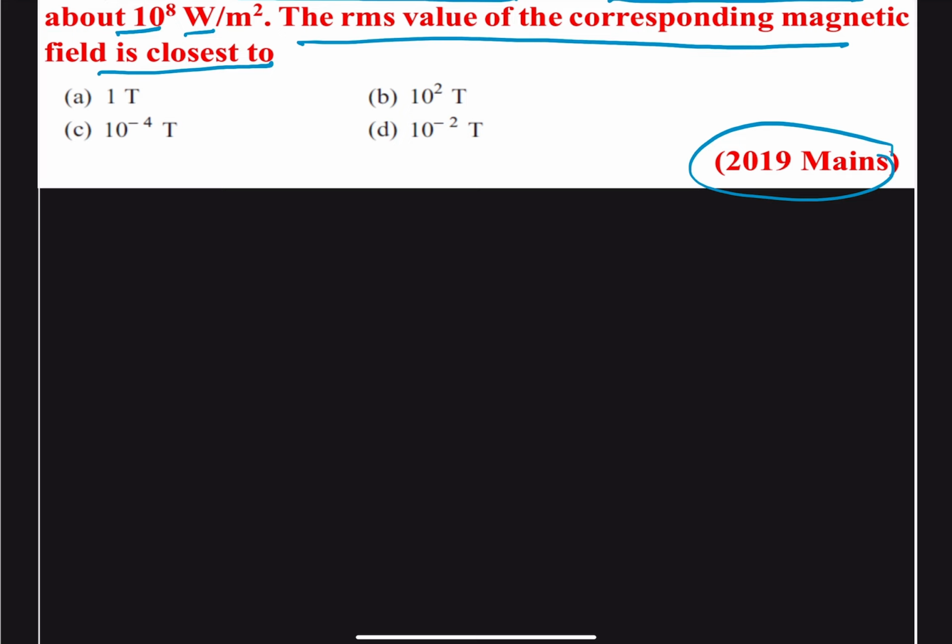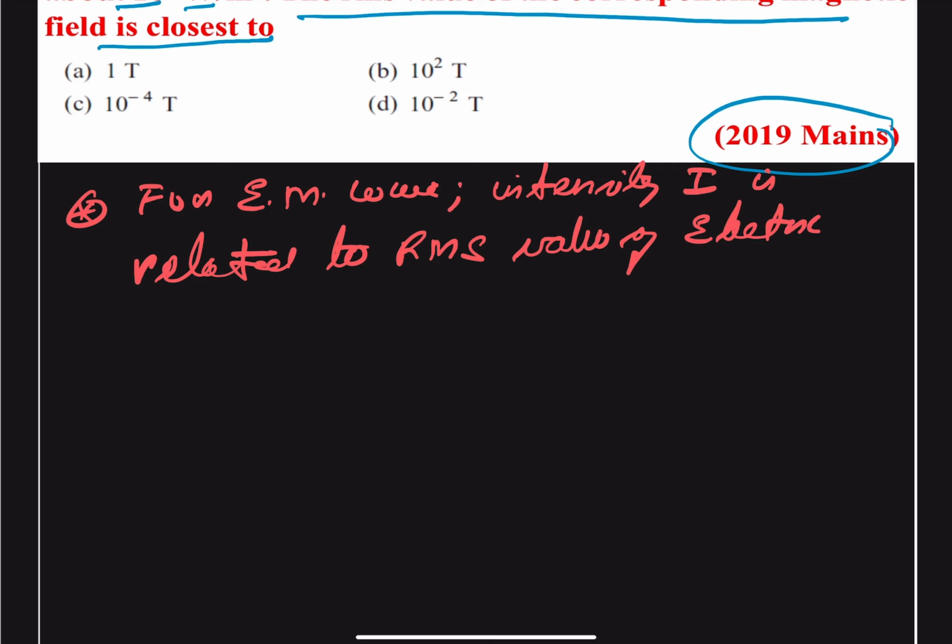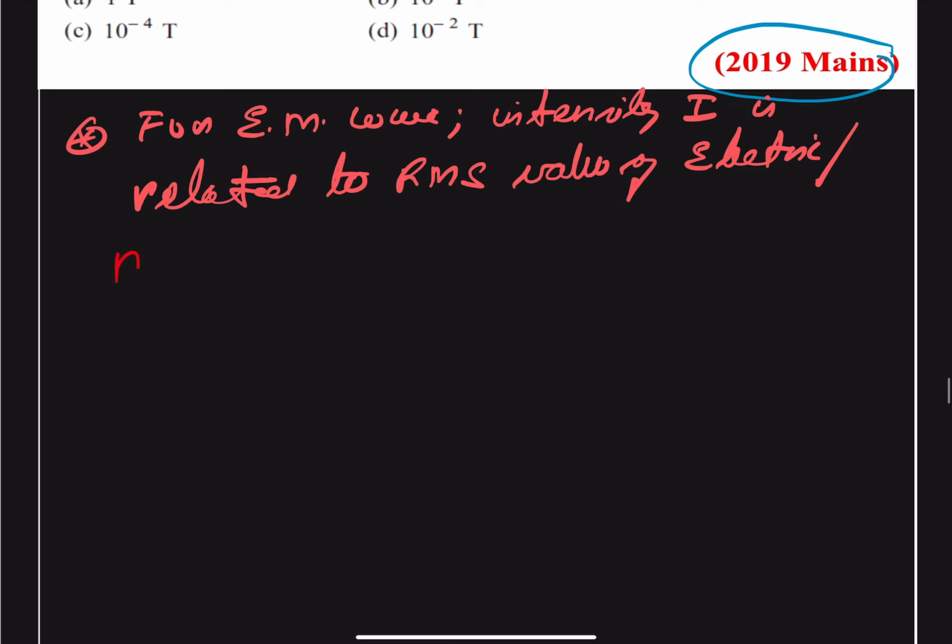The relationship is quite common in it. So we can say for EM waves, intensity I is related to the RMS value of electric or magnetic field as,